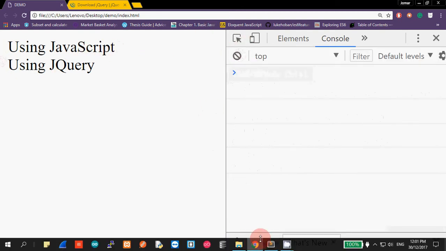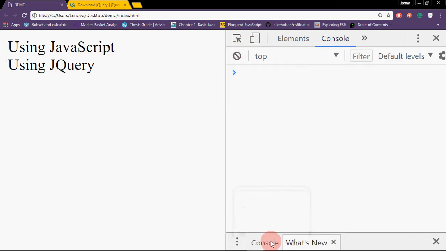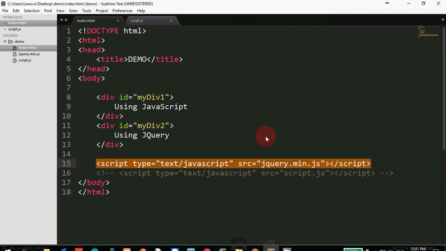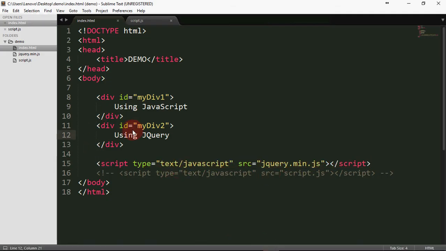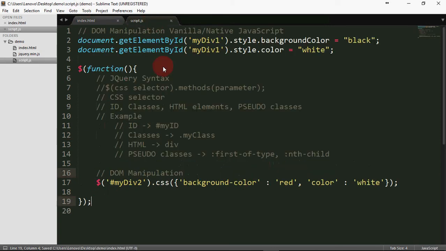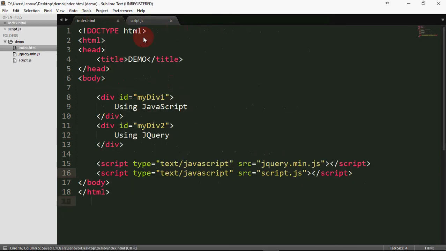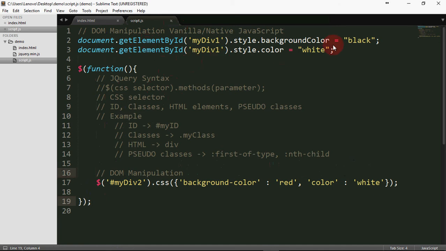Okay, so again, there are three things that we're going to talk, by the way, for the jQuery. So we will talk about DOM manipulation, animation, and event handling. So okay, so I have created already the file. We have this script.js. So here I have demonstrated, or I have written a code wherein